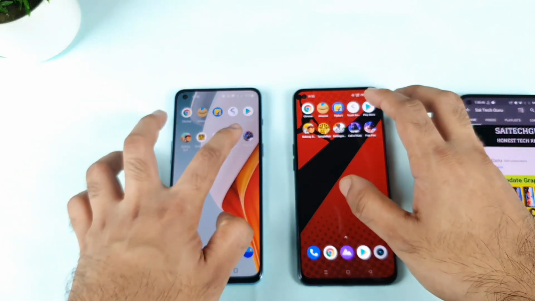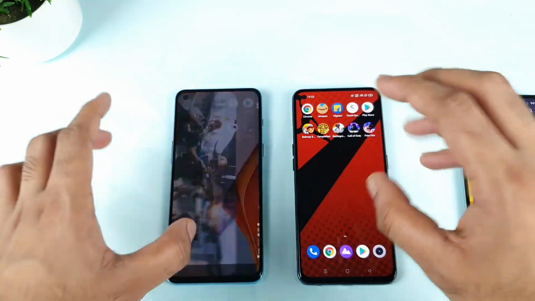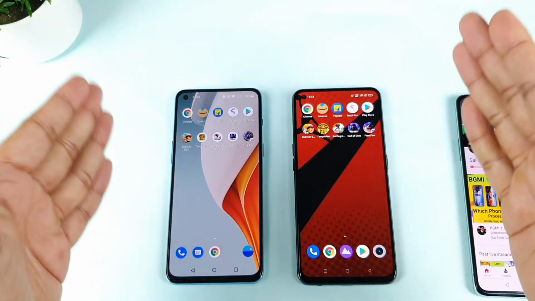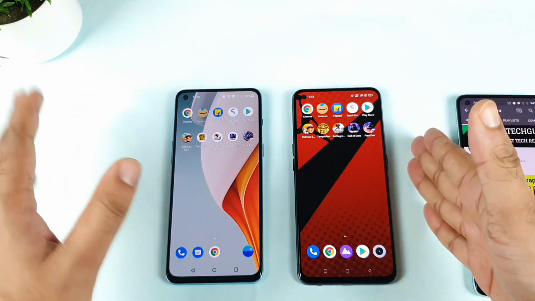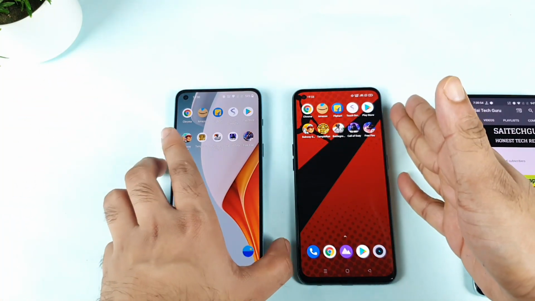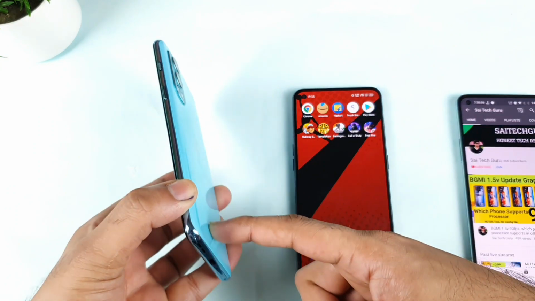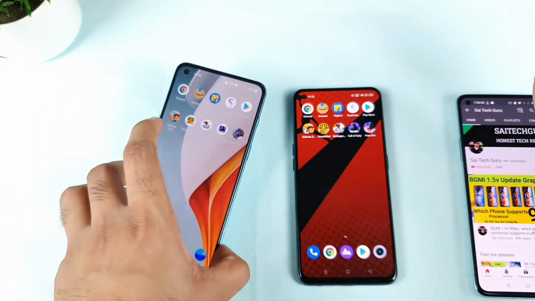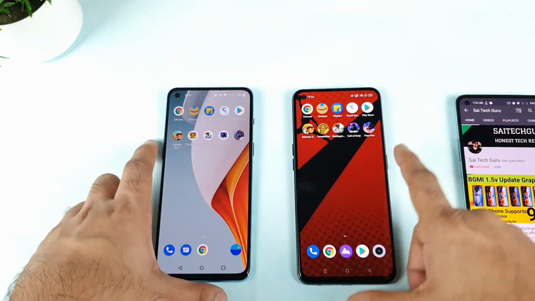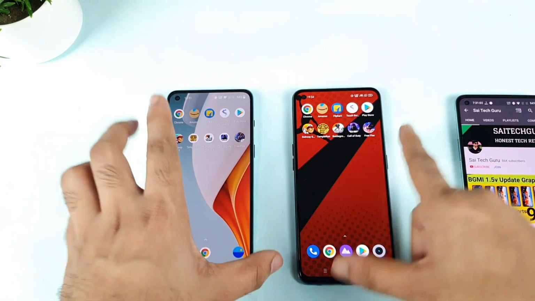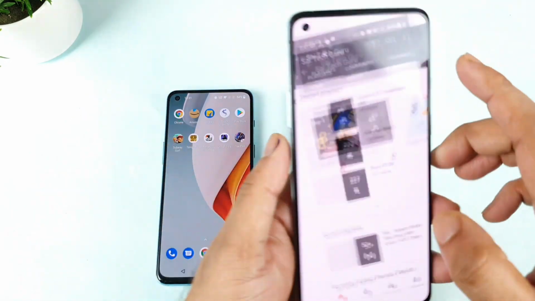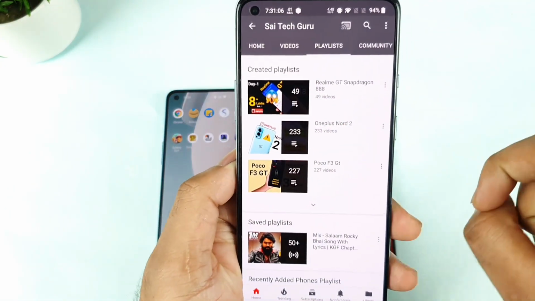And in case you're having any other queries regarding these both phones, let me know in the comment section below. I'll try to do an in-depth comparison as well between both phones. Not only with the Realme X1 Max, I need to compare this OnePlus Nord 2 with Poco F3 GT and iQOO 7 device and other phones as well very soon. So make sure to stay tuned for those videos in case you're interested, and don't forget to follow the playlist which is created for the OnePlus Nord 2.